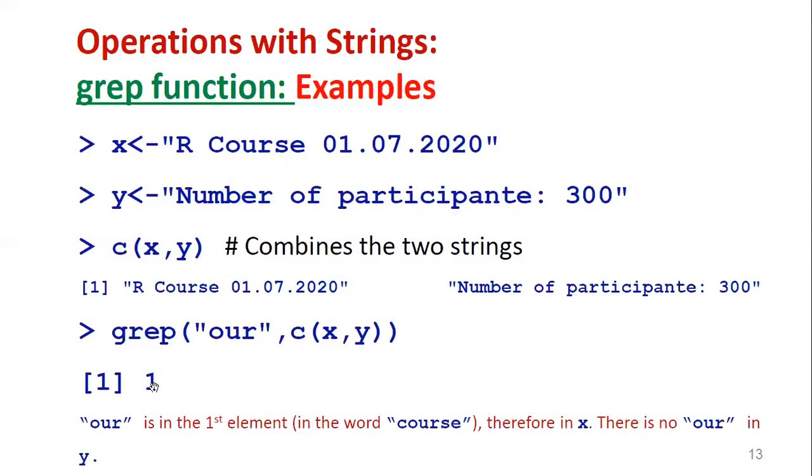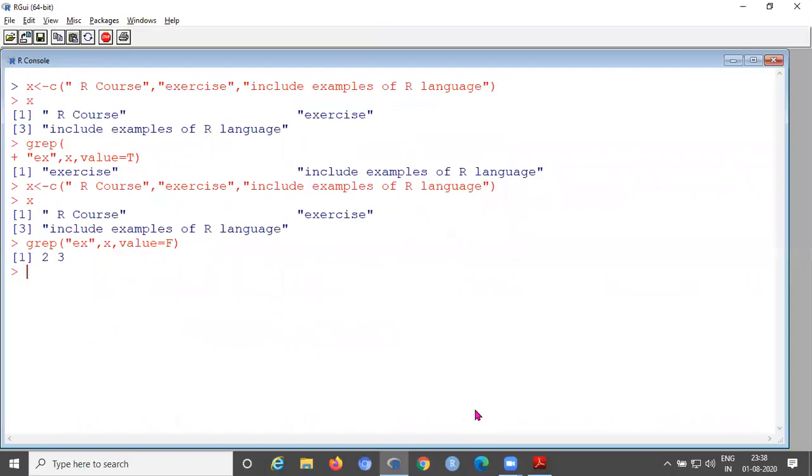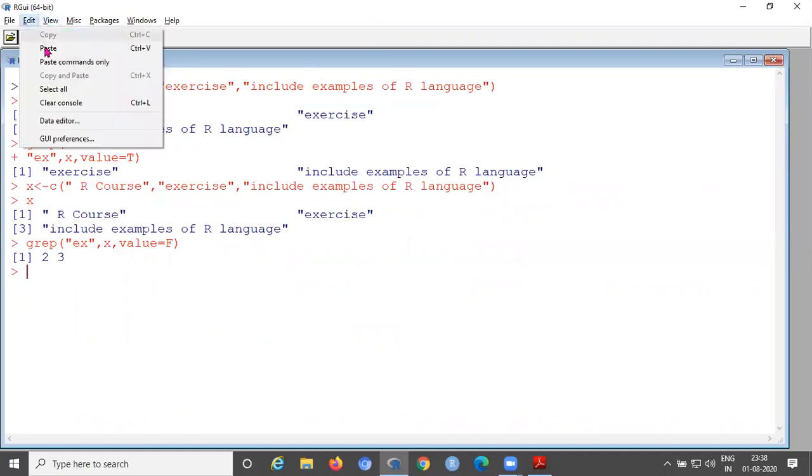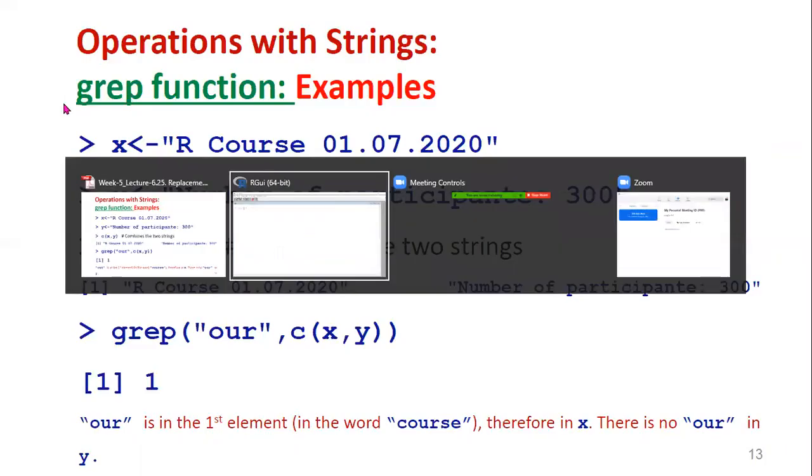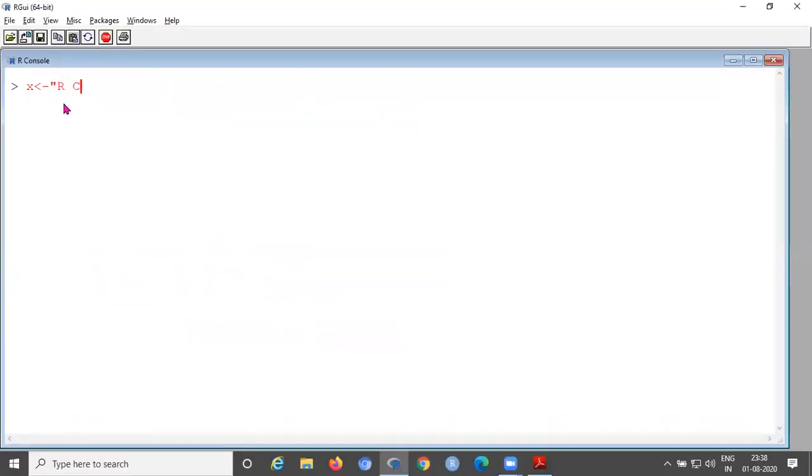"Our" is in the first element, in the word course; therefore, in x there is "our", and in y there is no "our". Now we will also demonstrate this one. Create the two strings. The first one, x equal to R course starting date 1st July 2020.